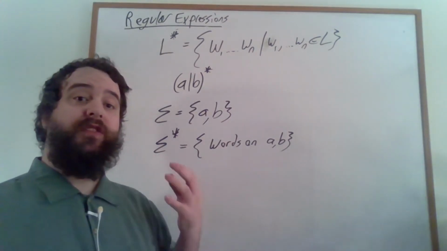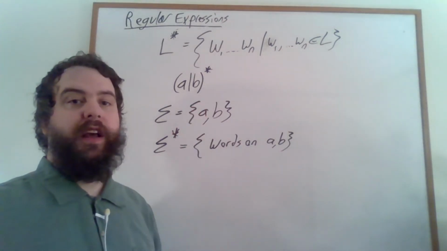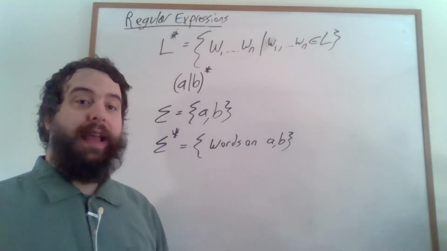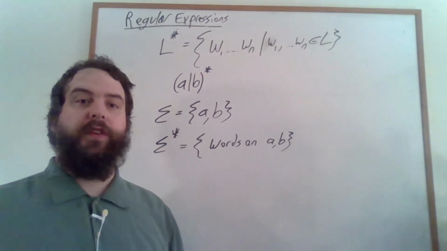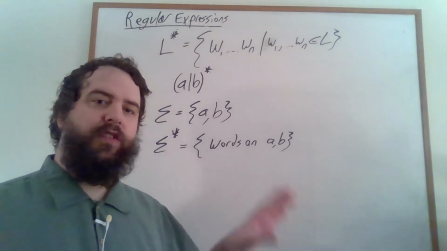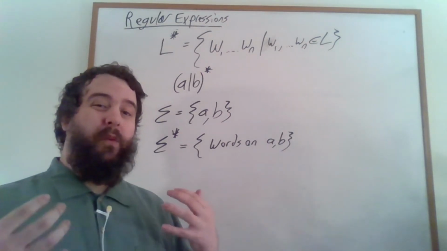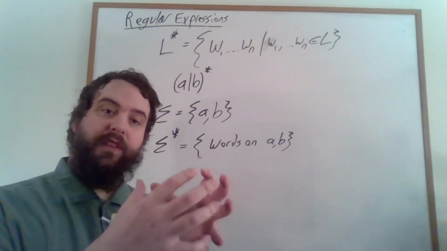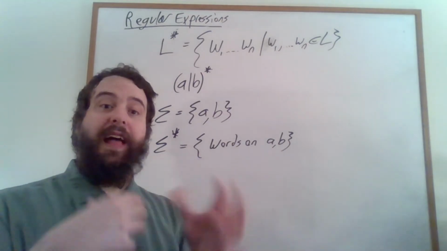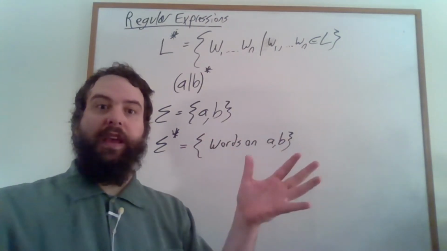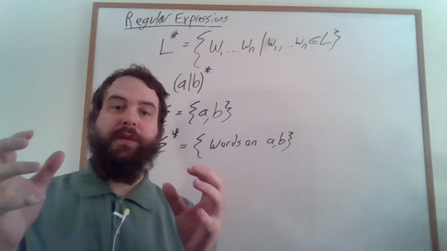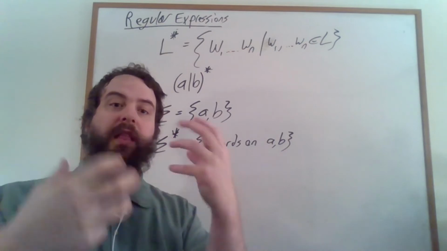So it turns out that starting from the basic languages that I showed you and applying these 3 operations, we can get to any regular language. This is a remarkable result, and it's known as Kleene's theorem. And I'll talk about the proof behind it in just a moment, but I want to talk about what we've done here. We had a set that we started off with, and then we had some operations that we could apply to elements of that set to produce new things. And then we simply took the set of all things that can be reached from this start by applying these